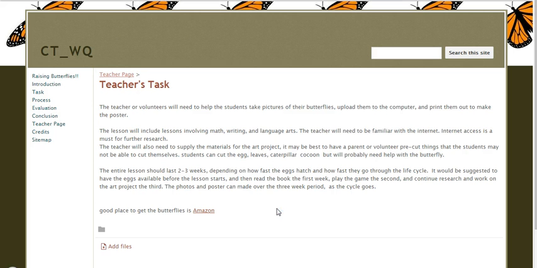Teachers will make sure that they have supplies like the paper and the computers and cameras, and they'll need parent volunteers or big buddies to help them cut out things and go through the process. The entire lesson should take about 2 to 3 weeks because that is about how long the life cycle of the butterfly is. I think it would be best to break it up over the 2 to 3 week period